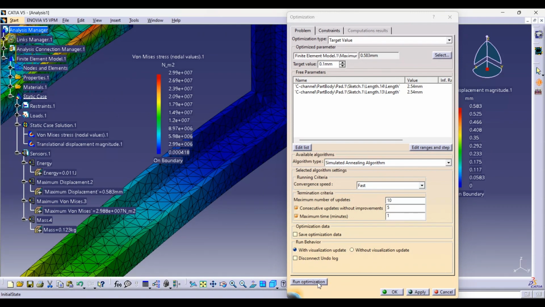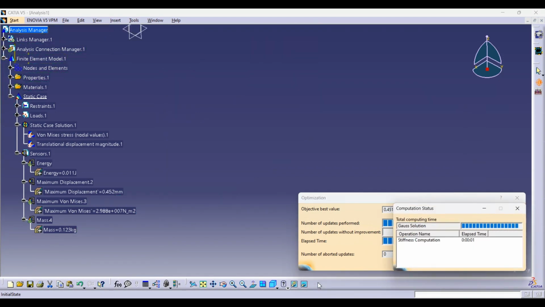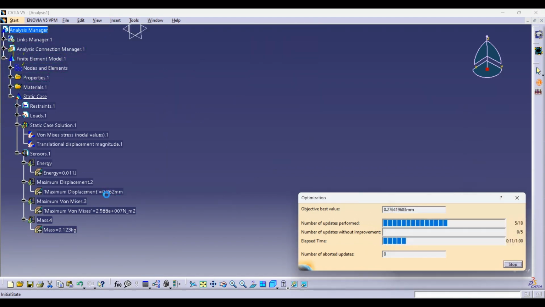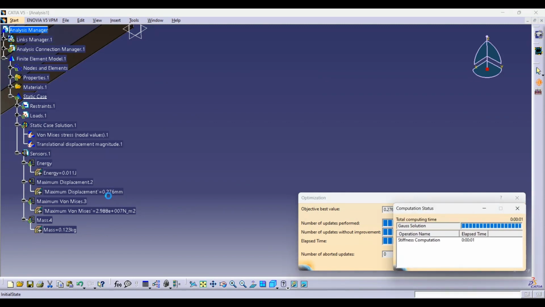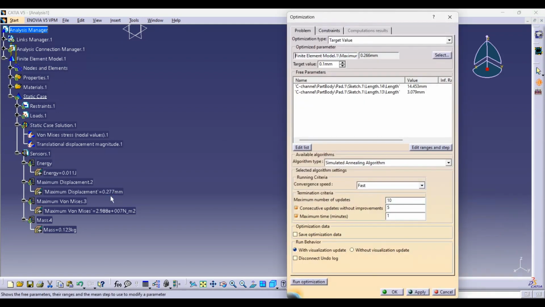Okay, next I'll click on run optimization and just wait for the data to be optimized. So we wait until the calculation converges and we get the value that we targeted. See, there are changes here already. The maximum displacement will reduce to not more than 0.2, or the maximum value that the calculation can reach. With the maximum number of updates only 10 and the target value 0.1, it can only converge up to